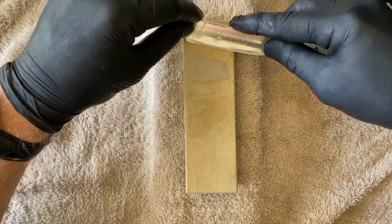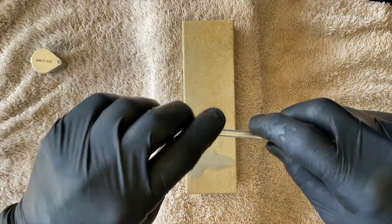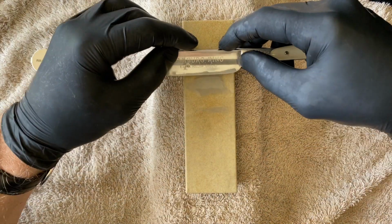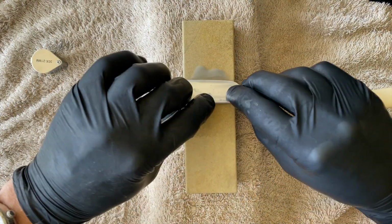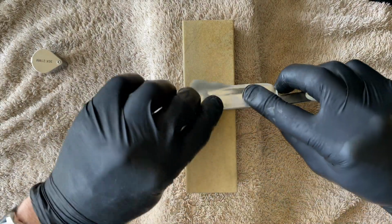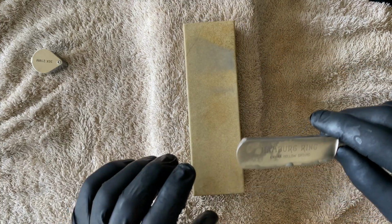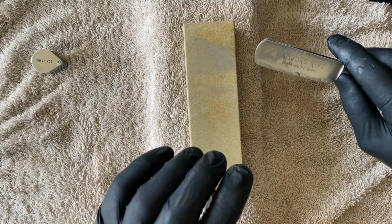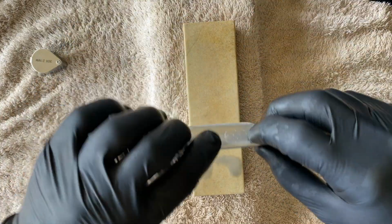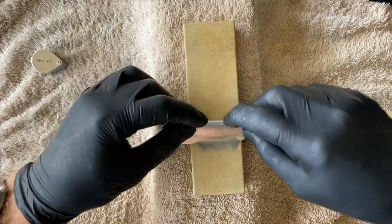You'll quickly see the slurry cutting abrasive is turning quite quickly in color, so it is definitely removing steel. If I didn't know any better, and I don't know Washitas, I had to go and do a little bit of studying myself to understand them. I would have thought these were actually some kind of sandstone. It's got a very, and when I say sandstone, I mean very, very fine, very dense, and a whole lot harder. It doesn't seem to easily break loose those silica